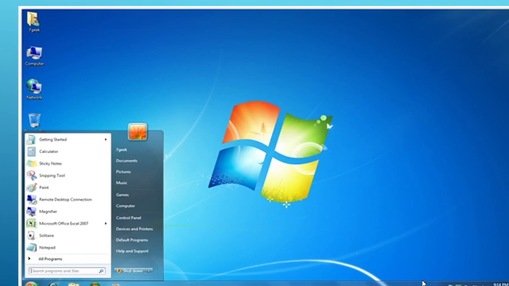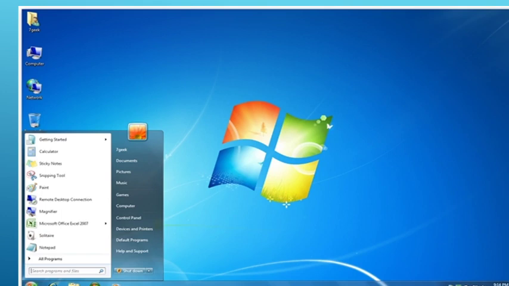Now on the right side of the taskbar, as you know, the whole bottom part of this bar is called taskbar. On the right side of the taskbar, this area is the notification area. If your system is getting any error, or if your network is connected, you will get a pop-up screen which will throw some messages over here about what is happening.